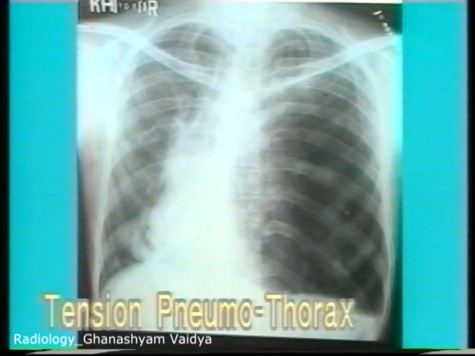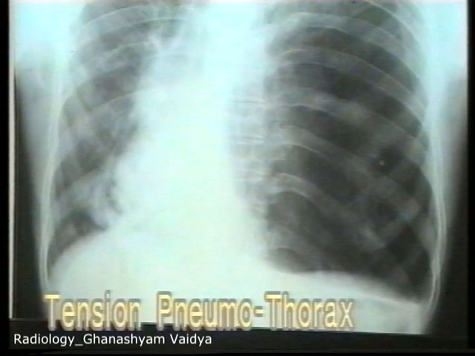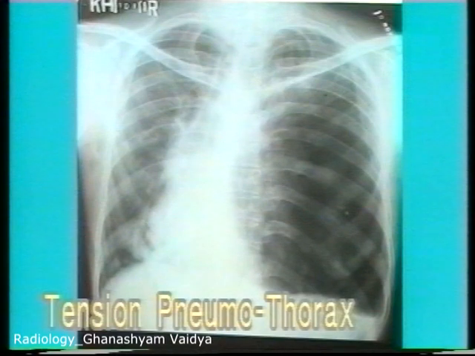This is another case of a complete pneumothorax. The left hemithorax is radiolucent and the mediastinum is markedly pushed to the opposite side, compressing the right lung. The large amount of shift of mediastinum is indicative of the high pressure in the pneumothorax, and this is termed as a tension pneumothorax. A tension pneumothorax is a medical emergency requiring urgent drainage as it is compressing the opposite lung and hampering its expansion.